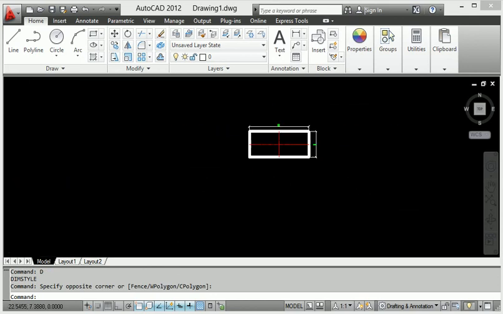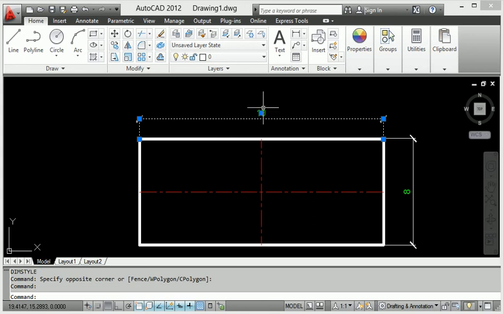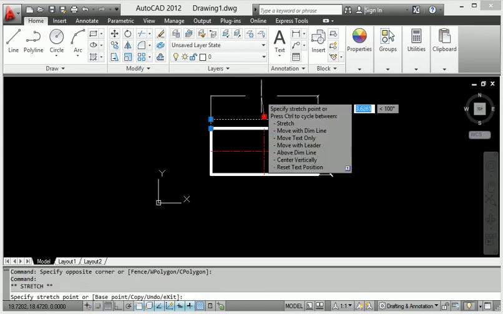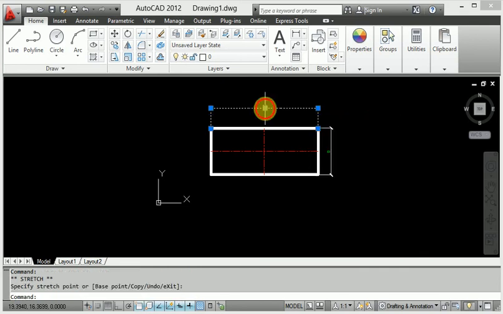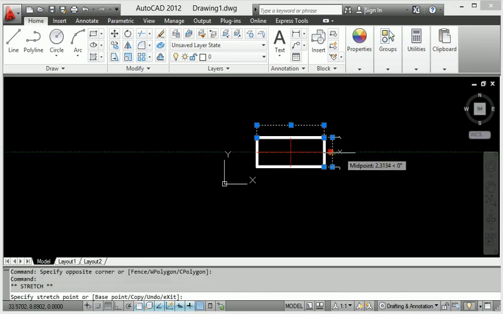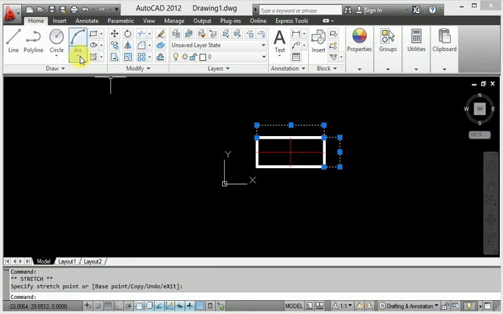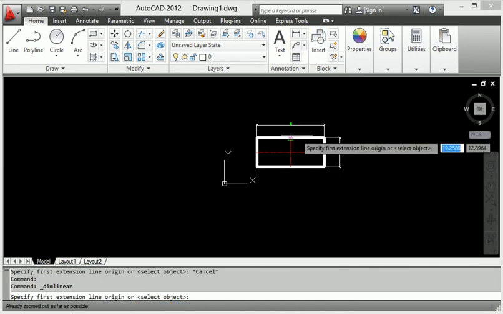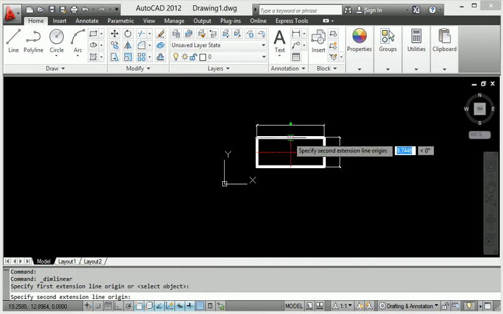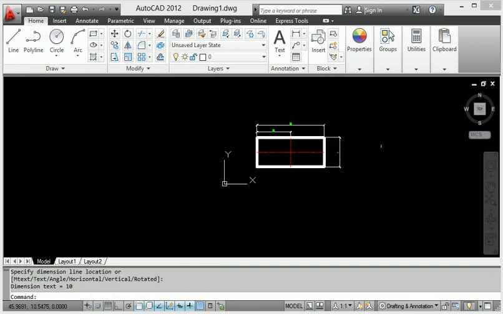If I want to provide the dimension in the center way, I have to go some distance to increase here, and also select this position, and also increase this here. When I go to smart dimension again, we will click this smart dimension and go to the center point, and also go to the point, and it is provided.